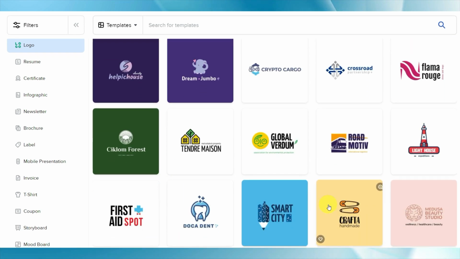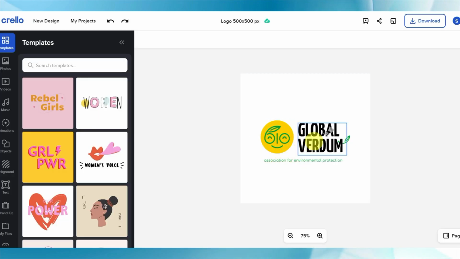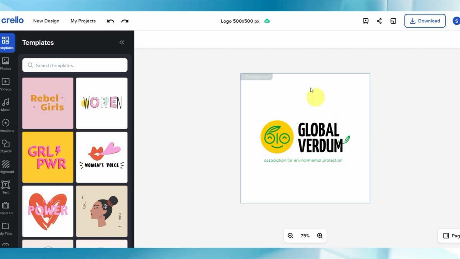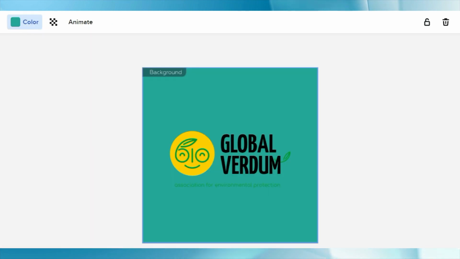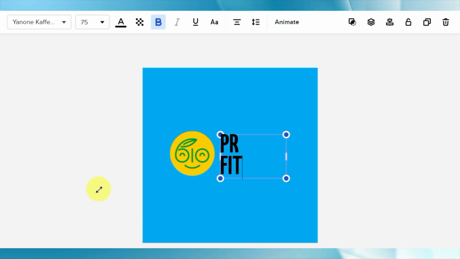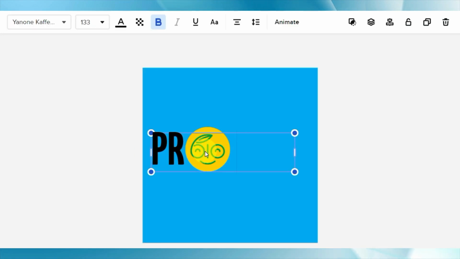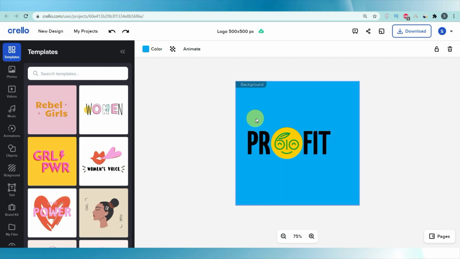Alright, now I want you to click on the logo that you like. Let's say I like this logo right here. So what I want to do is click on this logo and after that it will bring us over to this page. This is where we can customize the logo which we choose. First, I will change the background color. To do that, click the background and then click this colors button. Now I will change the text. Double click on the text and change it. As you can see, I changed the background and text and now I will change a few other things to make this even more beautiful.